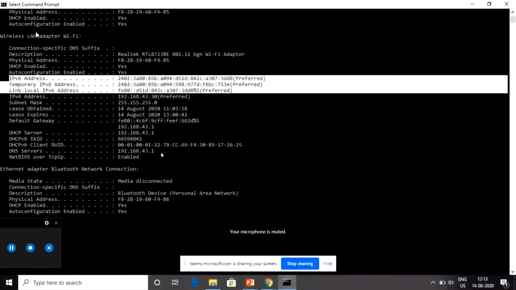We have discussed only the link local IPv6 address. Besides that, there is also a temporary address and a global IPv6 address. So what is the role of each? We will come to discuss that in our next session. One is link local, there is also temporary, and another one is this. Okay.